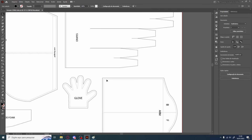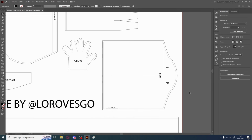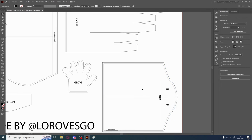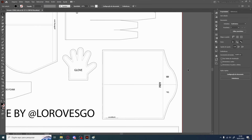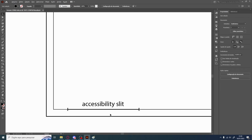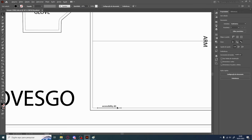So after you're done aligning the drape with this edge at the back, you're going to want to pin it down, do the disposable stitching, and sew it on the machine. Now, I can hear some people asking, why not just align all of the edges, including this one at the bottom, and sew all together? Well, you can do that, but if you do, you're not going to be able to do the accessibility slit easily. And what this slit is for is